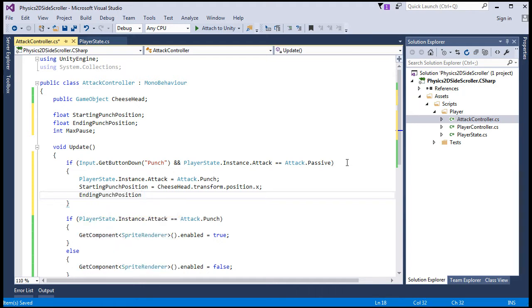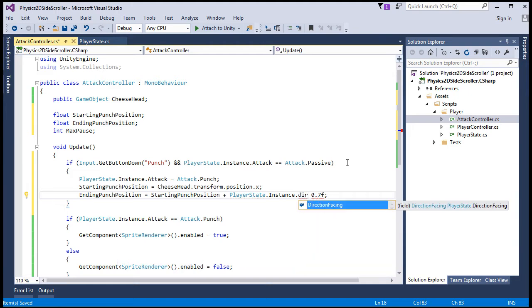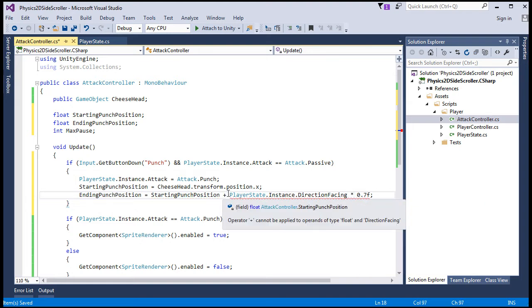Ending punch position, we'll set it further ahead from the starting punch position by this amount. We'll say 0.7 units. And to make sure that it punches in front of us, we'll make use of that direction facing state. So player state dot instance dot direction facing. So it's either going to be -1 or 1. So we'll need to cast that to an int